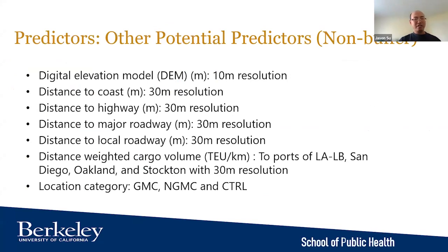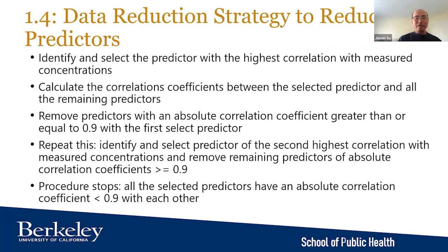Other predictors, like I said before: if you are at higher elevation, you have lower concentrations. If you are closer to the highway, of course, you're going to have greater impact of traffic and then higher concentrations. And the distance to cargo or ports, you will have great impact, right, if you are at a shorter distance. All these things are non-buffered, but have impact on the measured concentrations. Okay, now,